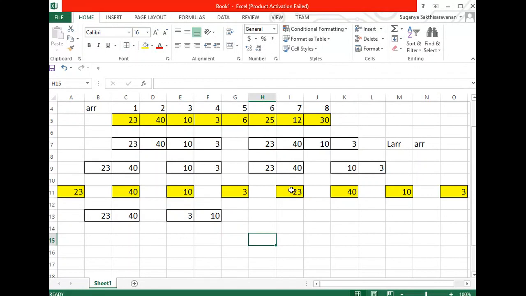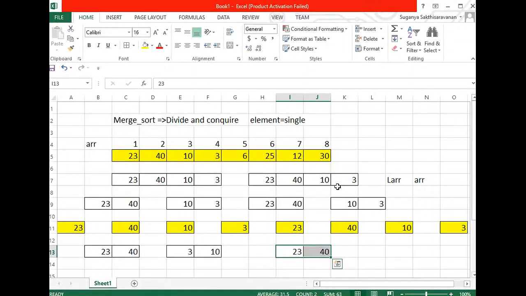And the same way, the next two data. Here I can notice that 23 and 40 are there. 23 is less and 40 is greater. So during a merge also, I'll take this as a left array and this as a right array, and I'm going to merge these two. So I'll merge these two elements. Again, I'll take 10 and 3. Is 10 repeated twice? I could notice that 10 keeps on repeating. What is this value actually? Why has it come this way?